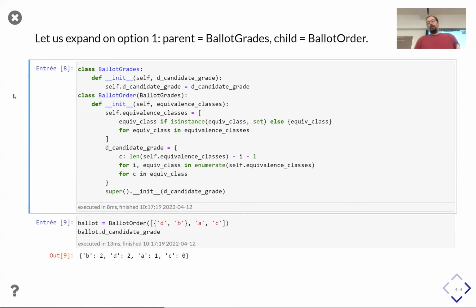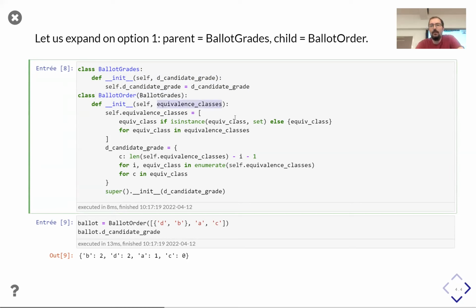Since you are very clever, you only gave arguments for the good solution and not for the bad solution. But anyway, I will develop on the bad solution just to show that the Liskov substitution principle is not only a theoretical thing, but really something that will cause problems if you don't respect it. Here, for the sake of brevity, I didn't put the parent class Ballot. I have BallotGrades, where I store a dictionary of grades, and for BallotOrder, I subclass BallotGrades. So, the bad idea.